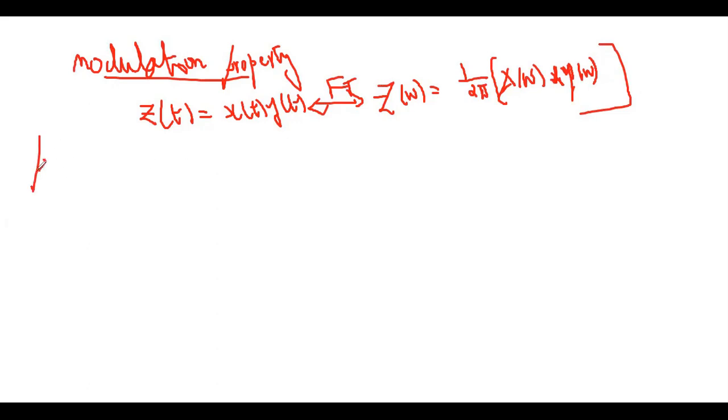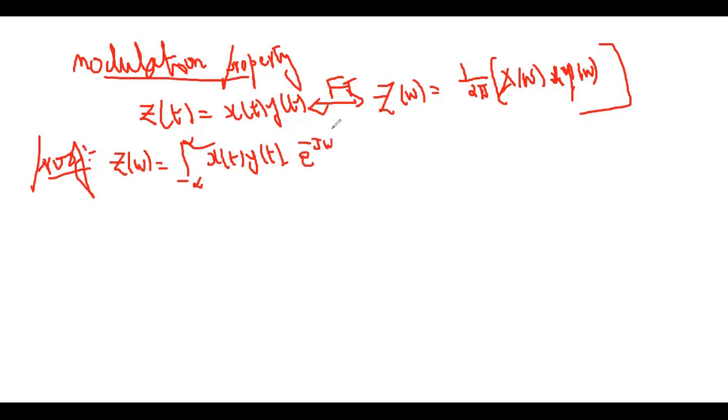It's a proof. Now I'm taking the Z of omega, the definition of the Fourier transformation. Z of omega is equal to the integral from minus infinity to infinity. Directly I'm writing z of t, x of t into y of t, e power minus j omega t dt. So in this, the x of t, according to the inverse Fourier transformation formula,